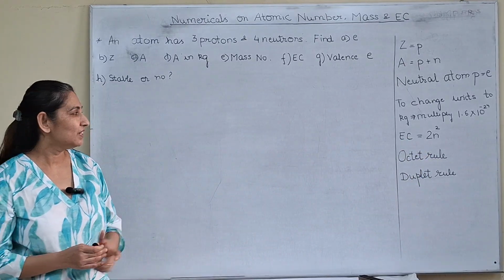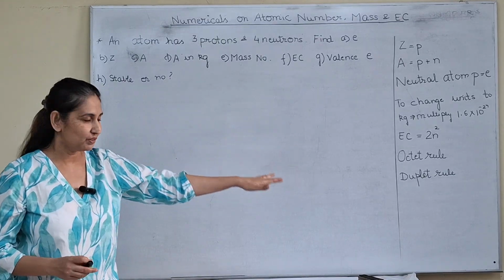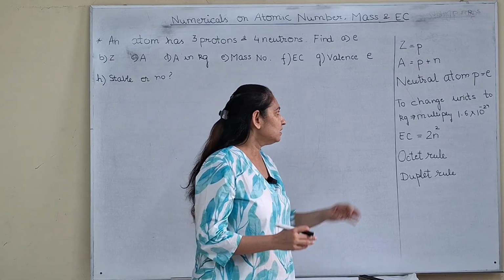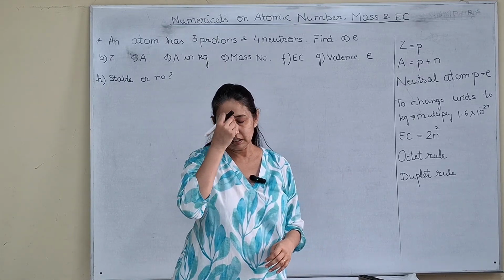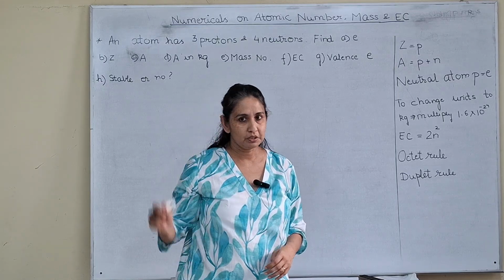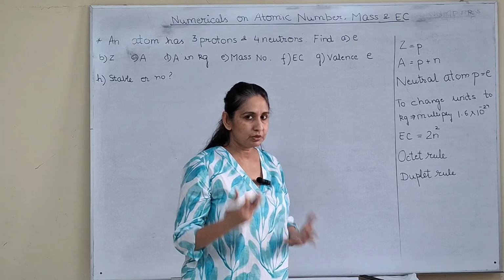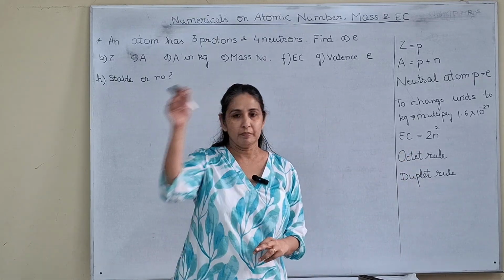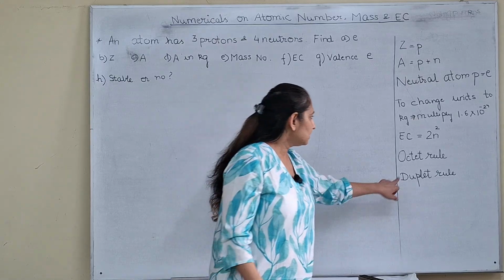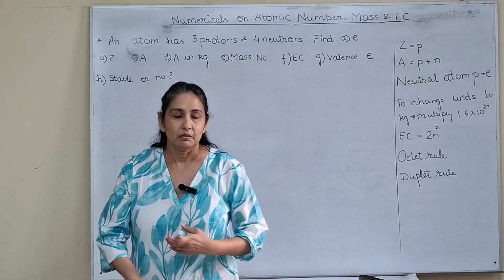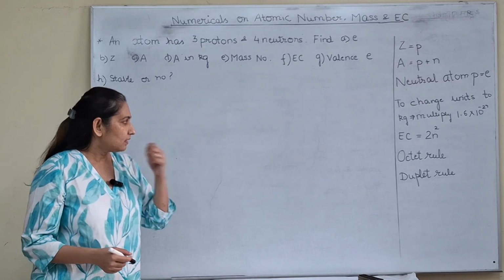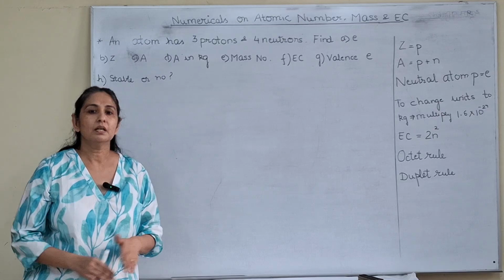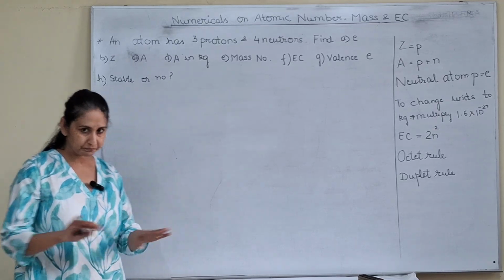Okay, now this is the short form of electronic configuration that I use. Electronic configuration, and if you're not comfortable with EC, then you can use the entire thing. Electronic configuration. We had drawn कि फर्स्ट शेल में कितने होंगे, दूसरे शेल में कितने होंगे, थर्ड शेल में कितने होंगे, उसका कैलकुलेशन. The formula was 2n². n क्या था? ऑर्बिट नंबर, फर्स्ट ऑर्बिट, सेकेंड ऑर्बिट, like that. Then we did octet rule and duplet rule for stability. कब एटम स्टेबल होगा, कब नहीं स्टेबल होगा, कब वो रिएक्टिव होगा.